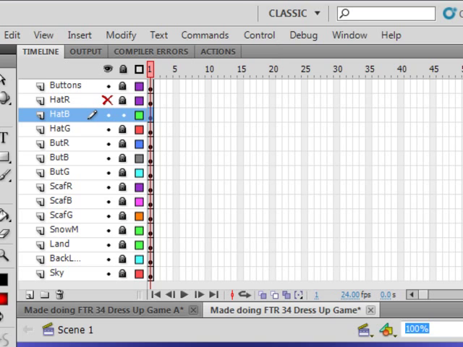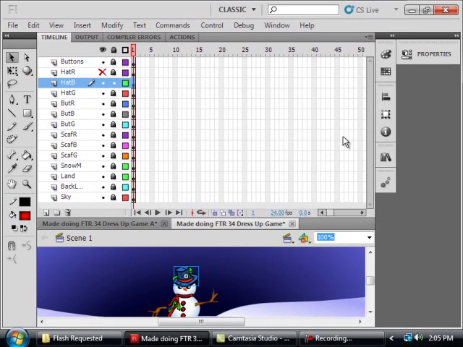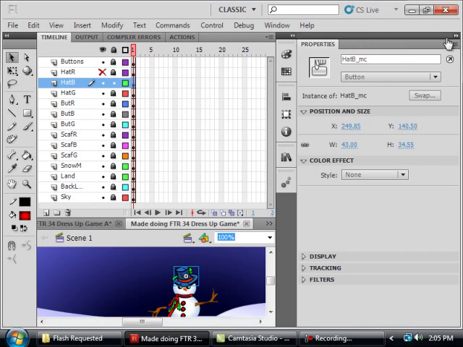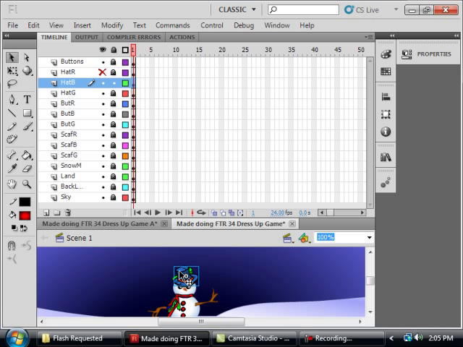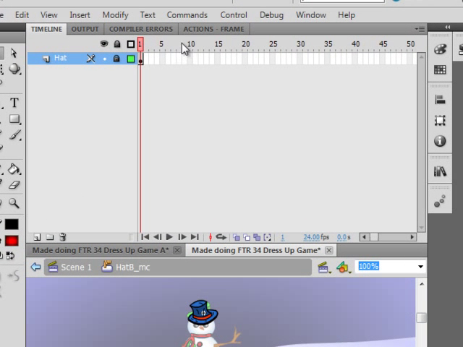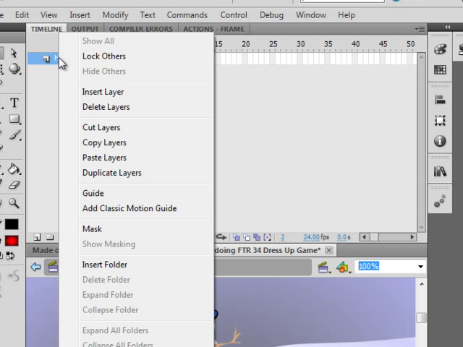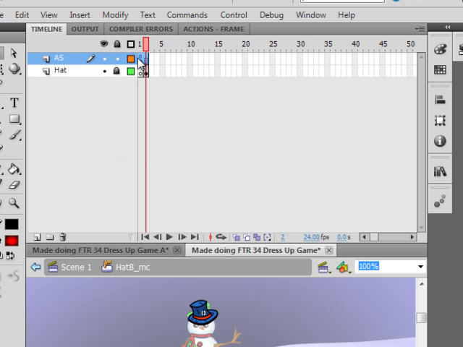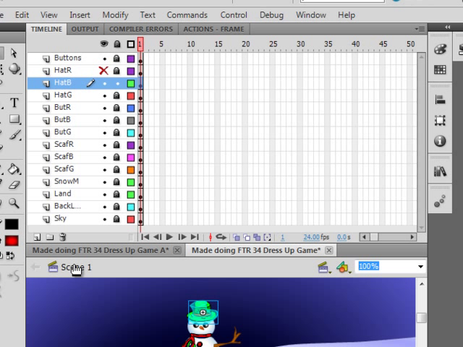Select the hat blue, open the properties panel, make sure it has an instance name, double click on it. Now we're inside that movie clip. Click on that frame 1, drag it to the right, right click, paste layer, and there's our action layer done for us. Go back to scene 1, lock that layer,